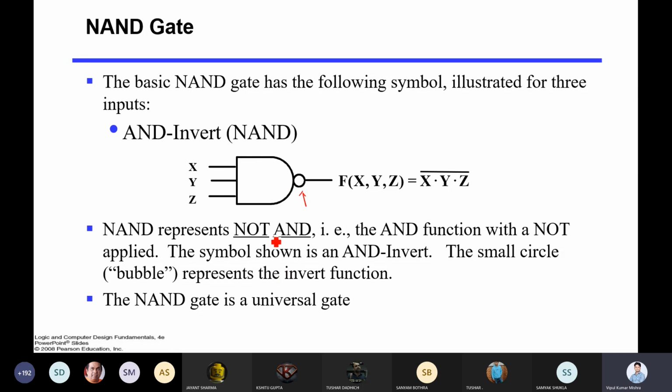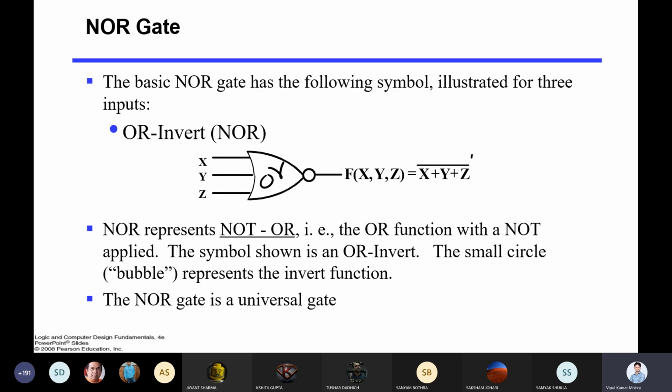Now the beauty of this gate is that it is a universal gate. Now you can ask what this universal means. Why are we saying this is a universal gate? Anyone who has prior knowledge of this can explain. Any gate can be constructed using this gate. So you can construct any of the gates or any circuit using this one single gate, and that's why it is known as the universal gate. Now you can ask how you will prove that you can make any circuit with it. I'll come to that.